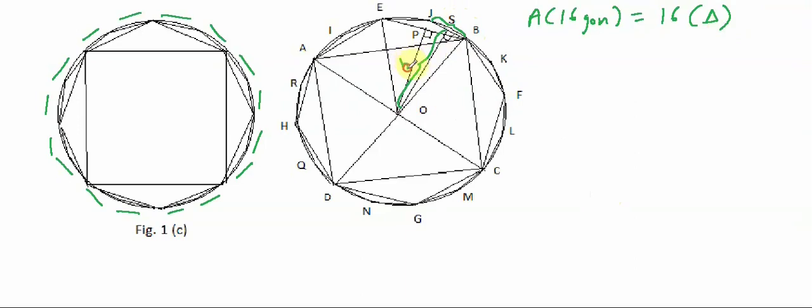So let me call this h, let me call this b. To find b, notice that sb is half the base. So if I take the slice over here, it looks something like this. This is b, this is o, and this is s. And b, small b, is twice sb. So sb is how much? Sb is r sine 11.25.